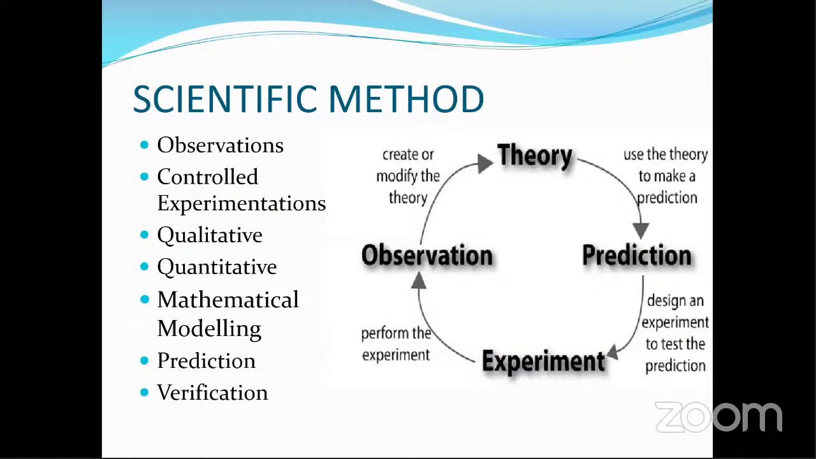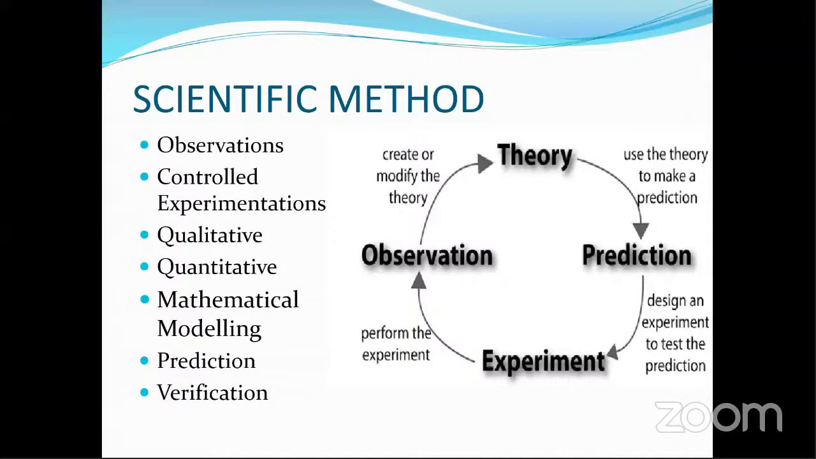Now, when you go into the scientific field, there is a procedure to be followed, because as I mentioned, science is trying to understand things in a systematic manner. So this is the procedure that you have to follow. You first have observations, followed by controlled experimentation. Then you have qualitative and quantitative reasoning, and mathematical modeling. You will come up with some mathematical theories. Then you'll try to predict your conclusion, and verification is when they try to